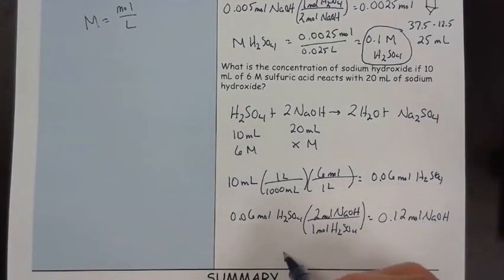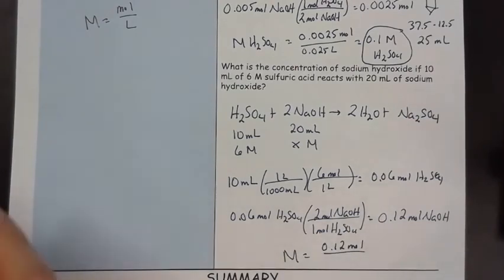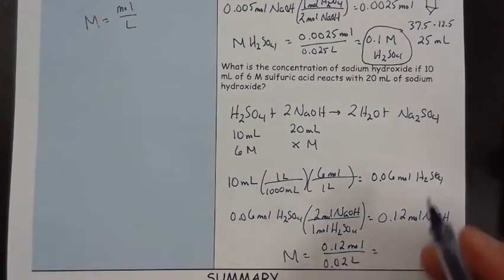And that's the number of moles that was present in that 20 milliliters. So to find the molarity, we take 0.12 moles and divide that by 20 milliliters converted into liters, 0.02 liters, and that winds up equaling 6 molar